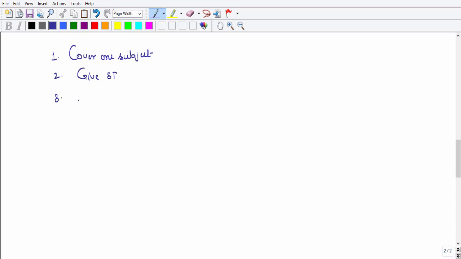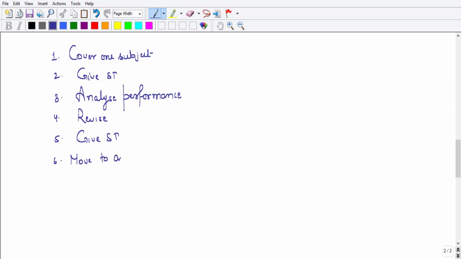Third step, analyze your performance. Then revise, give a subject test. Once you are done, the next step should be to move to another subject.